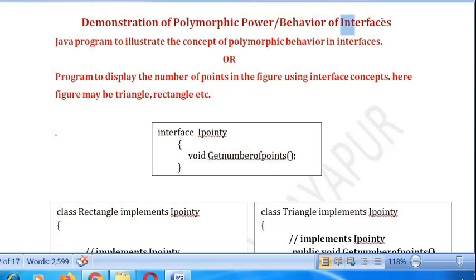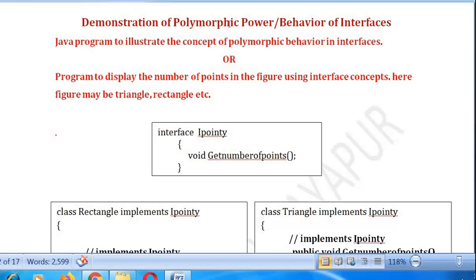using the interfaces. That is, even if the classes are not related to each other, we are able to achieve a polymorphic behavior using the interfaces. Whereas in the case of method overriding, to achieve a polymorphic behavior, there must be an inheritance concept.